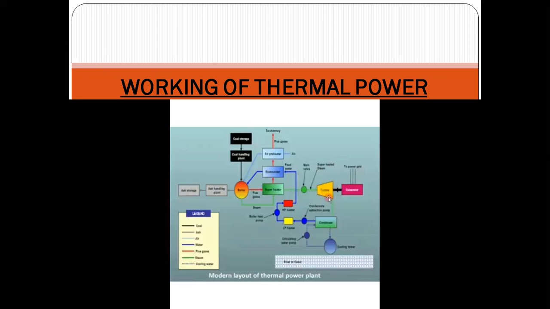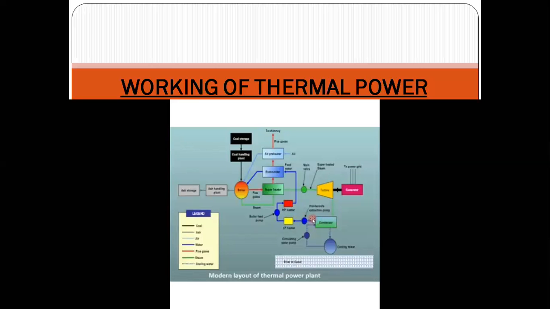Now the steam which was used inside the turbine comes out and passes to the condenser. Inside the condenser, the steam is condensed. Condensed means the steam is converted into water at constant temperature, because only the latent heat of the steam is removed. So we can say ideally no temperature change takes place in the condenser; only the phase change takes place. So after the condenser, the steam is converted into water.